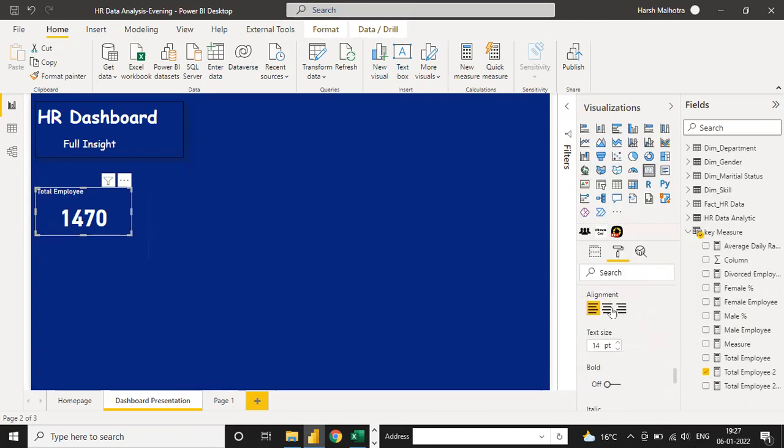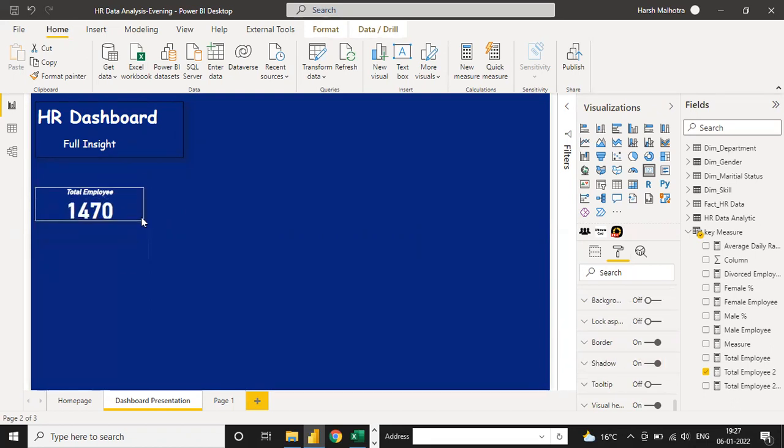Click down, change alignment if you want. Total employee like this. Bold, some metallic if you want. Okay, and last you can switch on this border and shadow. So your main heading is done for total employees 1470. Just drag and drop here.